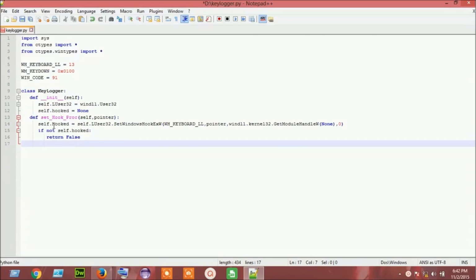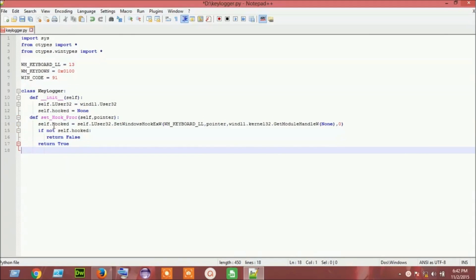Else, or I would say return right here. I don't have to use else. Return true. Okay, so this is our setting the hook. Now we have to create another function to unset our hook. I'm going to call it unset hook